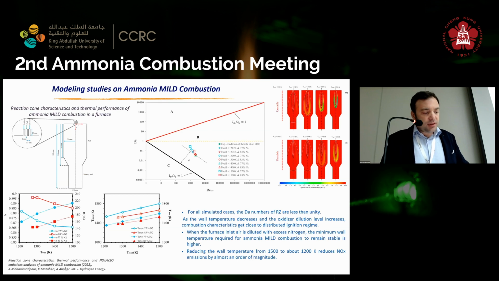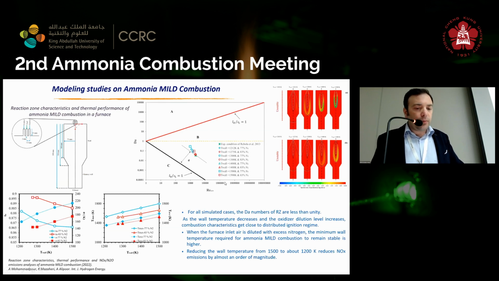Finally, there are some results of a group from Iran on that, where they characterized the reaction zone in a furnace used with pure ammonia, and they tried to reach, in this case, mild combustion. They obtained that for all the simulated cases, the Damköhler number that they characterized was lower than unity,